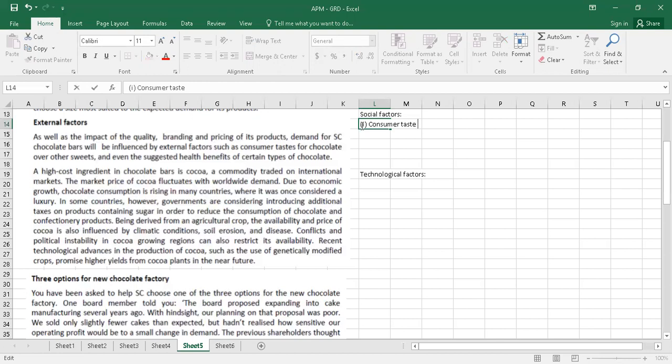Consumer taste chocolates. Next, we see, and even suggested health benefits of certain types of chocolate. So that is also about